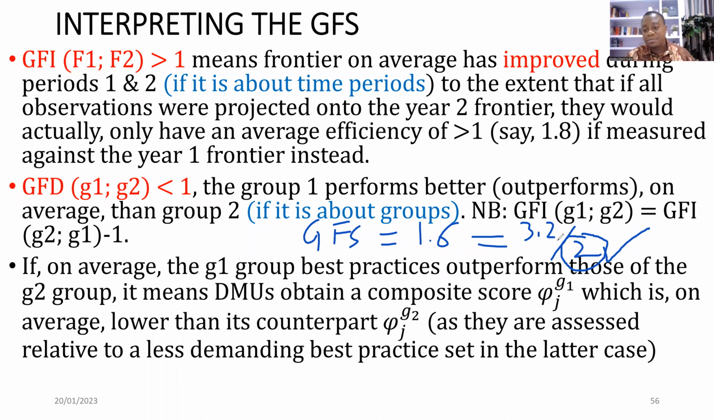If this doesn't make sense, just as you agree that the denominator is the one that has improved, have improved by 60% more than the numerator. That is the same way that she says the denominator is, for her to remember, the denominator is the one that is closer to an efficiency score of 1, because